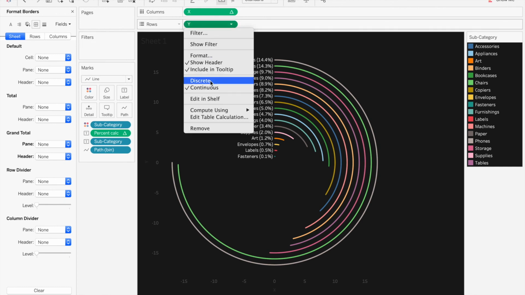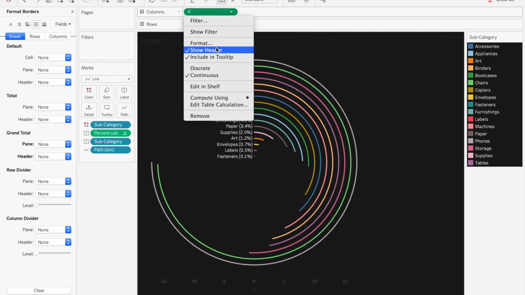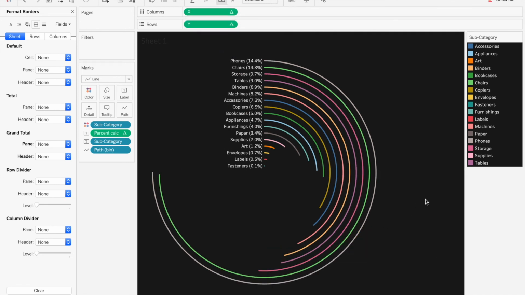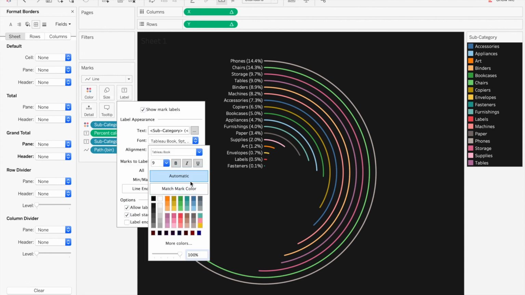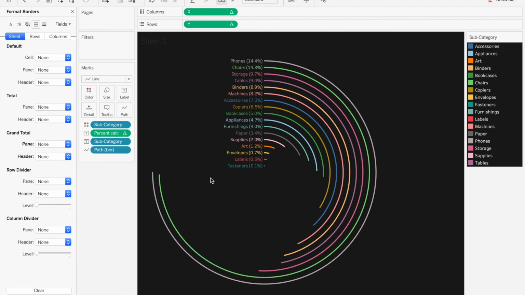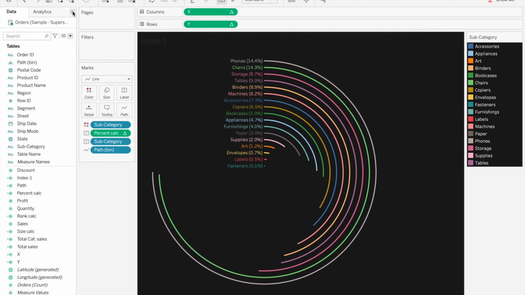We don't need header for X and Y both. The last step is to match mark colors, and that's it. That's how we create a radial chart in Tableau.